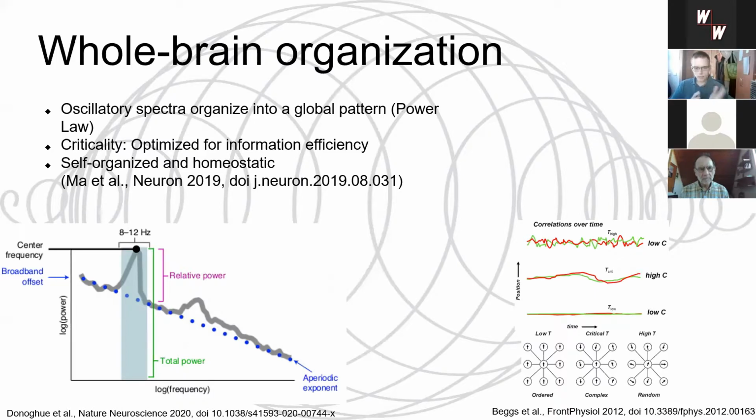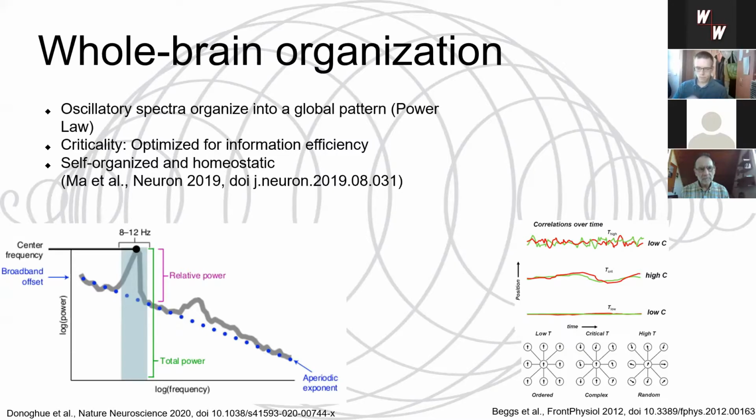When you look at the figure on the left, this would be a spectral representation of oscillations. You have oscillations of different frequencies that you measure across the brain. This could be an invasive recording of brain tissue, could also be electroencephalography, magnetoencephalography, it doesn't matter. You have some measurement of the oscillatory activity of the brain. And you characterize the different frequencies, and for each frequency you can quantify the power, so how strong the oscillation is at this moment.